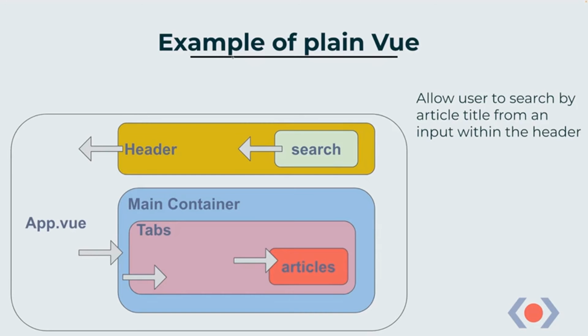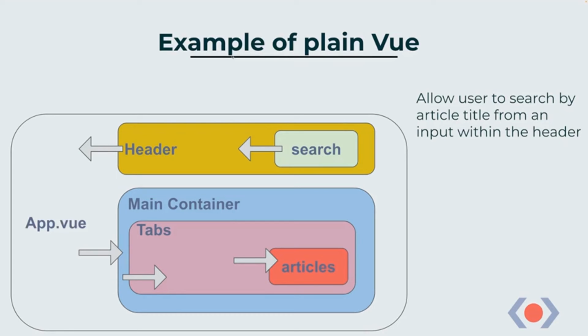So picture this situation where you have a header and you have a search inside the header, then you have your app.vue as the parent, then you also have other components such as a container, maybe to contain your articles, and you have some tabs. So the app.vue will have the child of header and main container, then main container will have the tabs and the articles. So what happens if we wanted to now filter our articles, as we've been seeing in the demos? If we wanted to filter our articles from the header and have them filtered in the articles section,